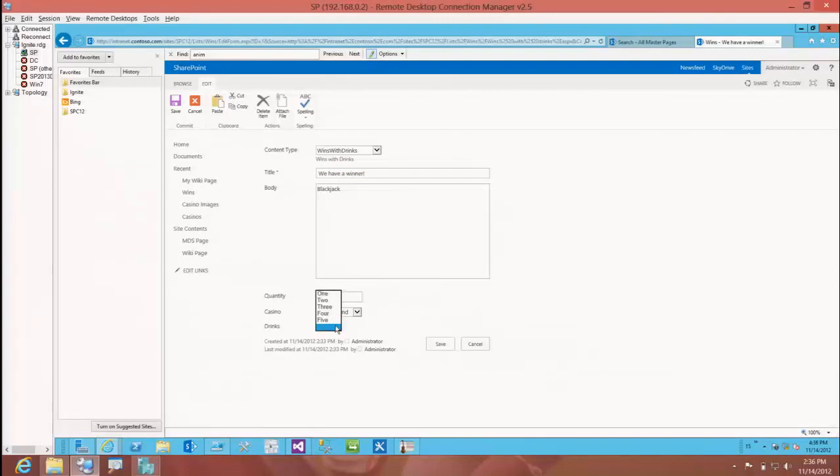1, 2, 3, 4, 5. I was like, how do we change numbers to casinos? That was odd. No, actually what we're storing behind the scenes is numbers, but we're using the JS link to present it as a drop down. So let's choose 1, and at the Mandalay Bay,